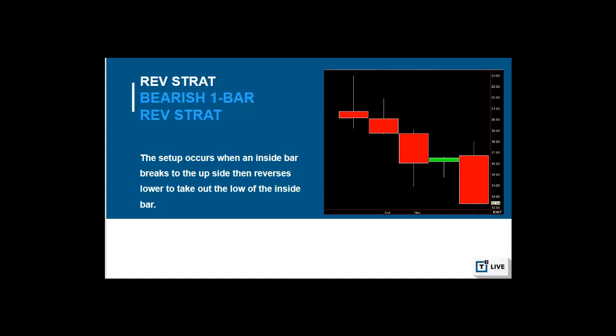The bearish 1-bar rev strat. The setup occurs when an inside bar breaks the other way, upside, reverses, then takes out the downside. Once again, inside equilibrium, triggers to the upside, then reverses and completely takes out the other side. Goes in force